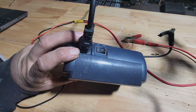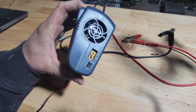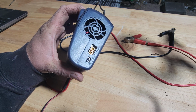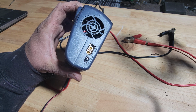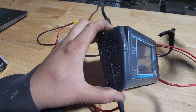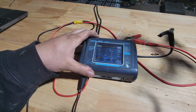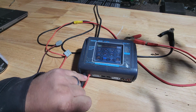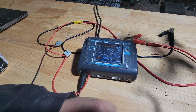So you have an AC in socket there, and a DC in socket there. It says you can only put in up to 18 volts DC, so, yeah, that's obviously a thing. The cooling fan you can see in the side there, which is temperature controlled, with the suction on this side. There's two PC links. I'm assuming that it is essentially two separate chargers. You have your balance port, you have your banana plug sockets on each side, and you have temperature sensor sockets